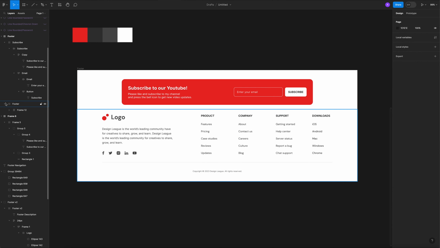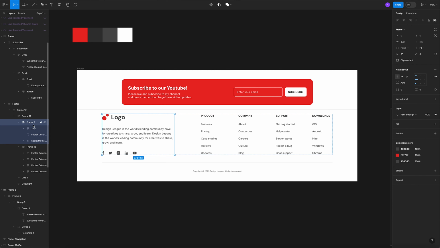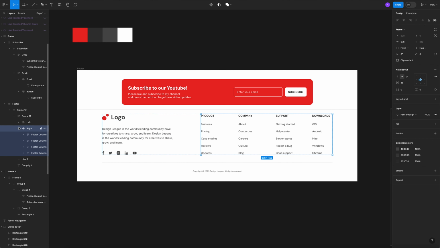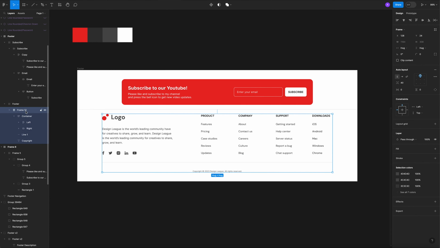Okay, all right, so now we have all our elements positioned within the frame, so now we have footer, then what we have to do is rename the elements. So we can get these elements and call it left. This is how I like it. It's easier for me and for the dev guys as well, because you got section on the left, section on the right, then you got container or content, which is gonna be footer,